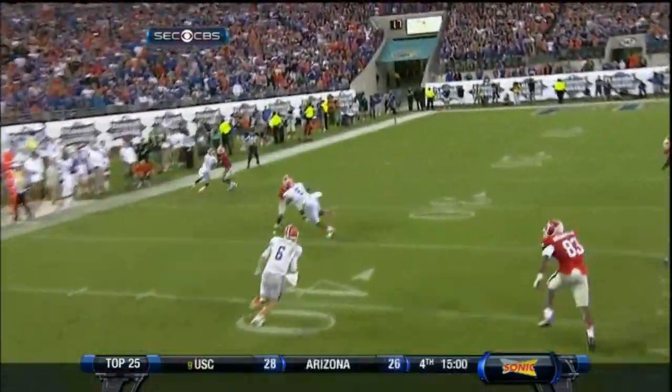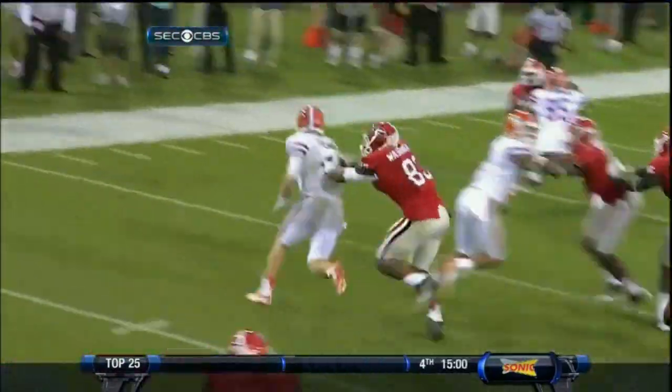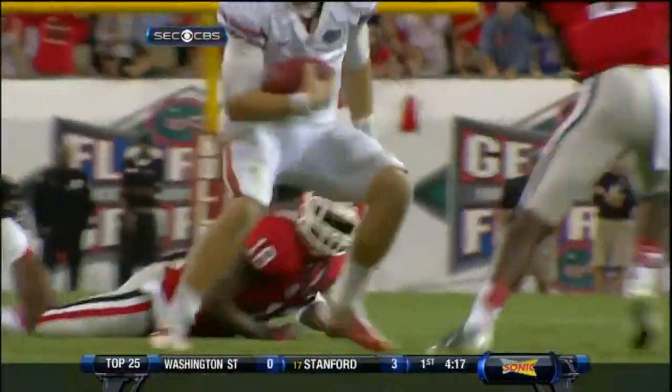Cornelius Washington does the same thing. And Driscoll comes out with his legs to make a big first down play. That is a gain of 20. And of course we...